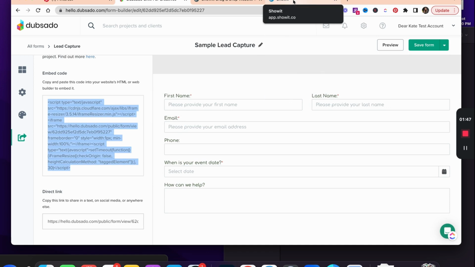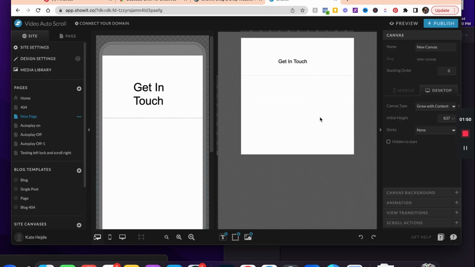So then I'm going to go over to my tab for Showit. This is going to be my get in touch contact page. With this, what I want to do is make sure that I have a canvas that has the static information, get in touch. I like to have an actual email address here just in case something's wrong with the form or in case someone doesn't want to use the form. I want to make sure that they have that information as well as my location, maybe business hours, just a few different things that it's a good idea to have on your contact page. So we'll have all of that in this top canvas, and then we're going to make a canvas just for